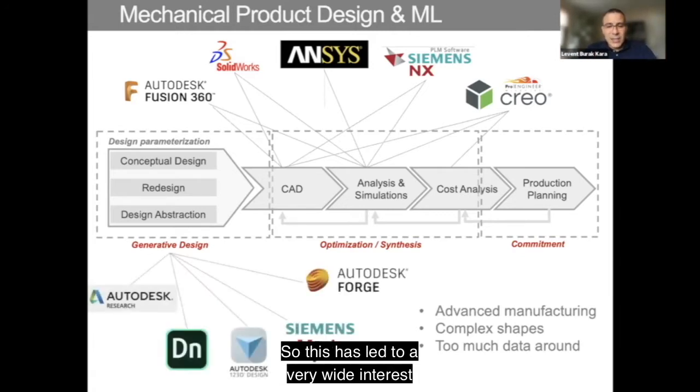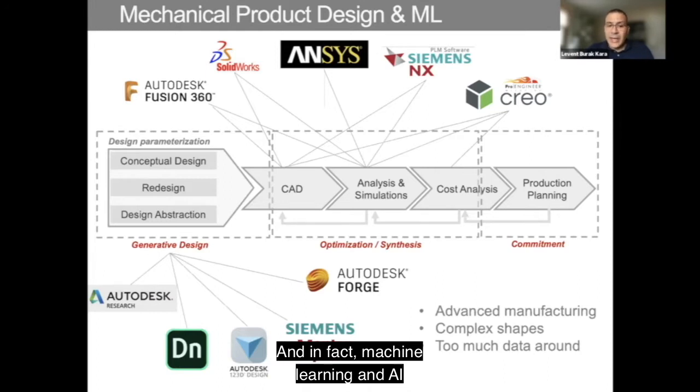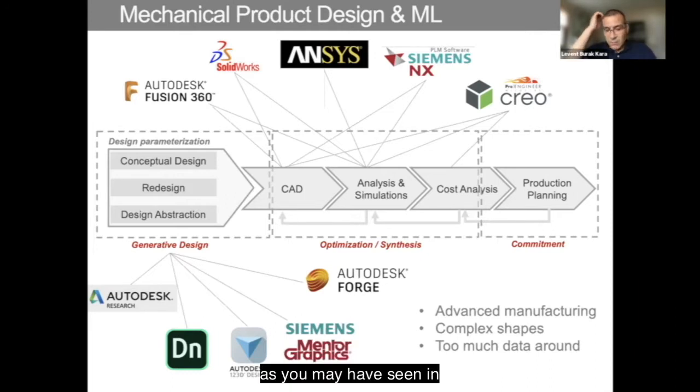So this has led to a very wide interest in early stages of the mechanical design process, where we do a lot of the generative design in the human brain. Now we are trying to replace that creative side of the design with software. In fact, a lot of existing software companies are producing new modules and methods that target this early design phase. And machine learning and AI is being used in this early design phase, as you may have seen in multiple Autodesk products and Siemens products and Autodesk